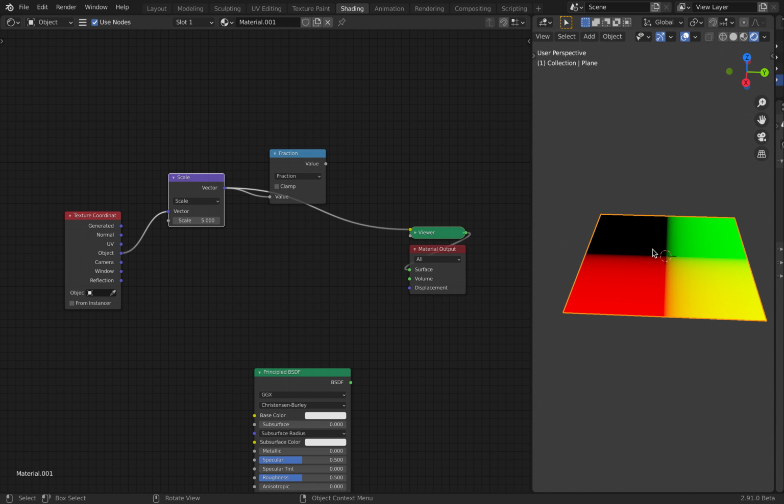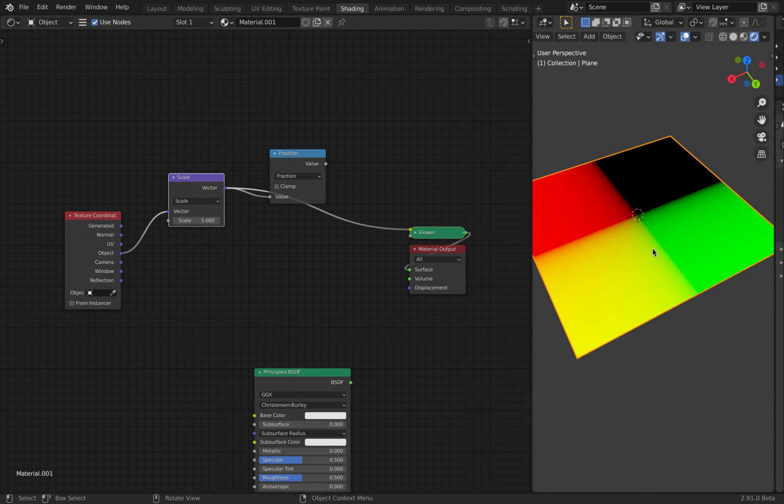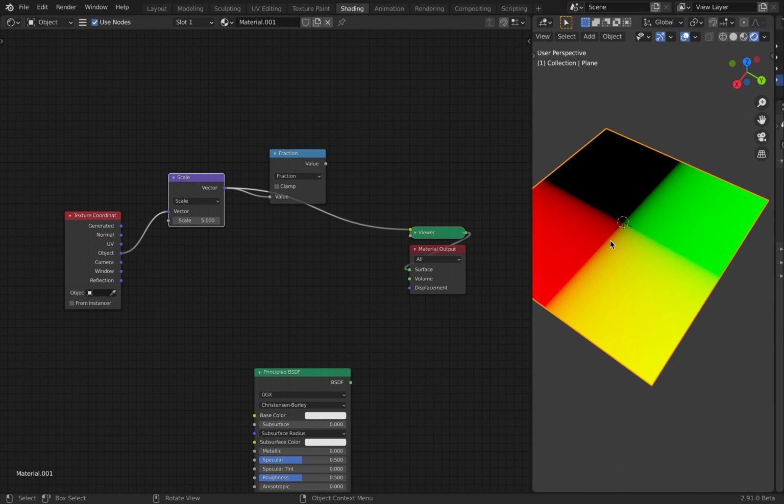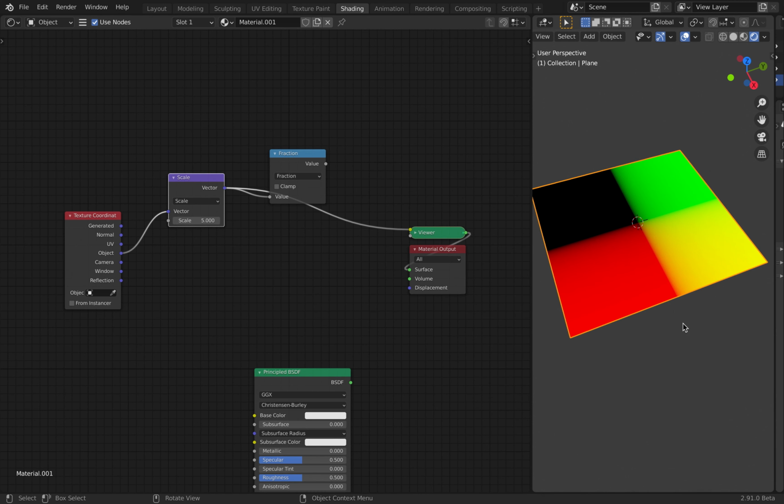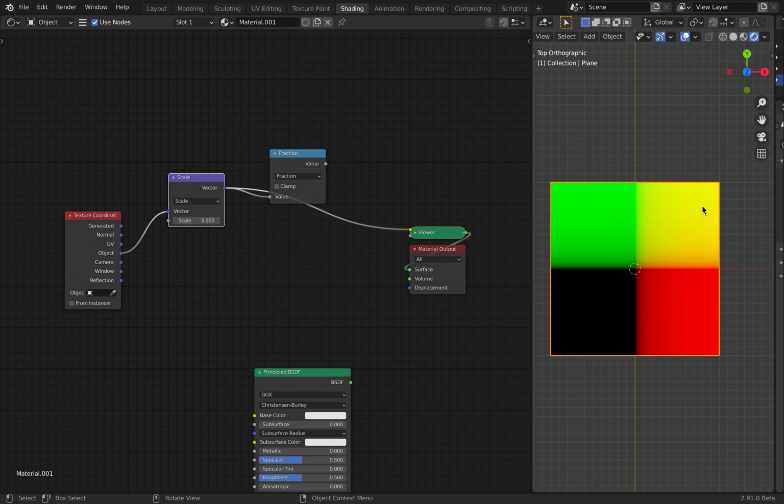it becomes brighter. The increased brightness is nothing but the increase in the scale. So this scale, before I explain what the scale actually does, I'll just explain how the object coordinate works. So right here at the center we have 0. So the center of the object, not the center of the viewport once again. That is here, right here is 0. So let's go into top view. I'll just mute the scale right now.